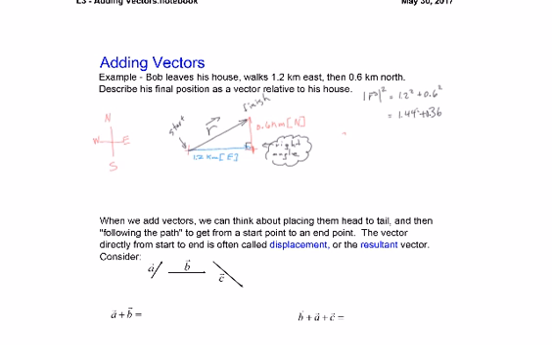Now, adding those together, you get 1.8. So the magnitude of r squared is actually 1.8. Now we'll just take the square root of both sides to get the magnitude of r to be equal to 1.3